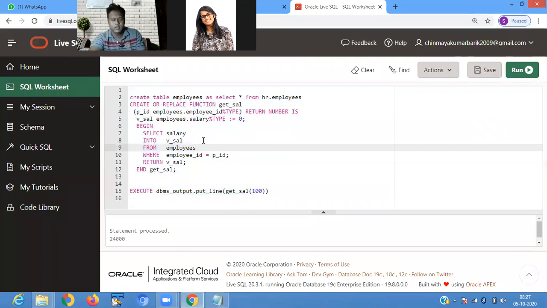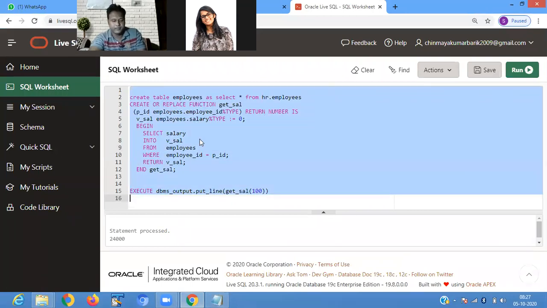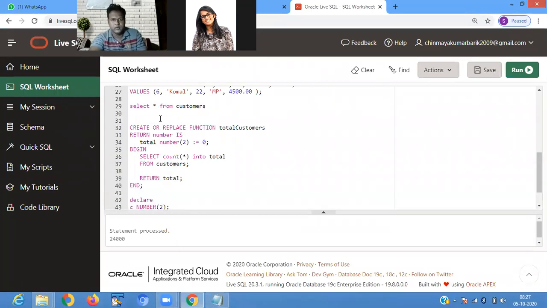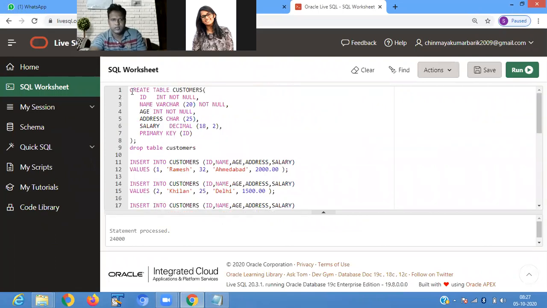Here we're creating a table, create table customer.